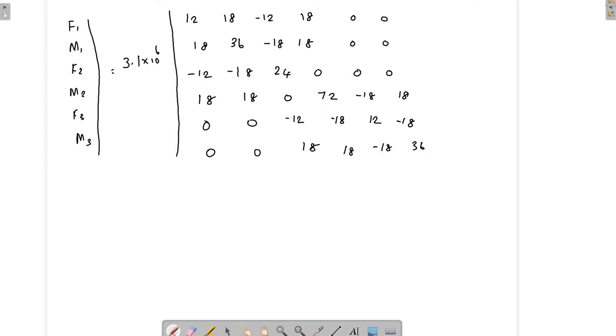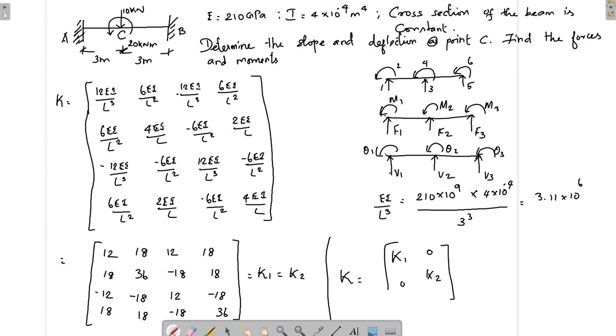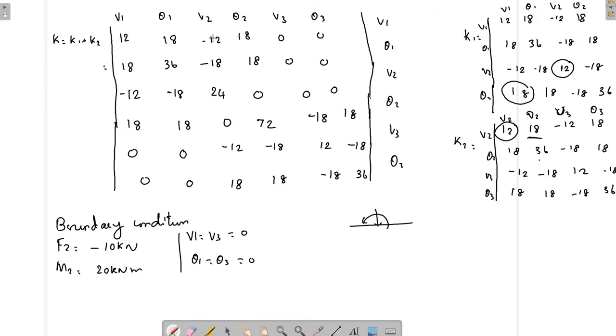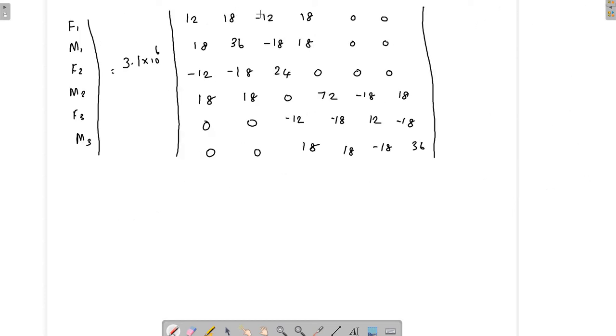So be careful with the signs, negative or positive signs. So I want to clear this component. Here it is positive, here it is negative. So I missed one negative sign here. In next step I have corrected the negative sign till it continues. So here we have the negative sign for the third component. So be careful with the negative positive signs. So V1 theta 1, V2 theta 2, V3 and theta 3. So F is equal to Ku. We have written in the equilibrium equation format.